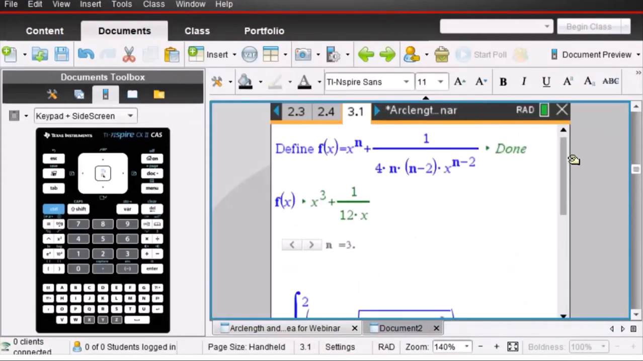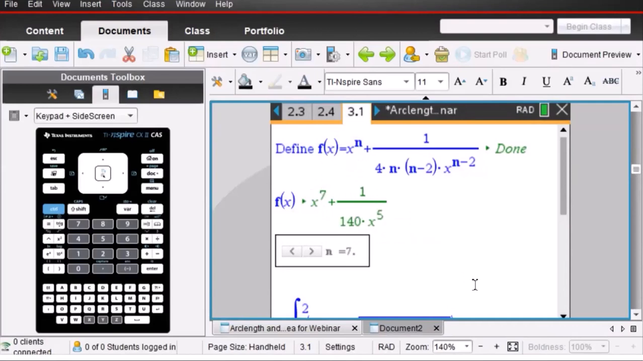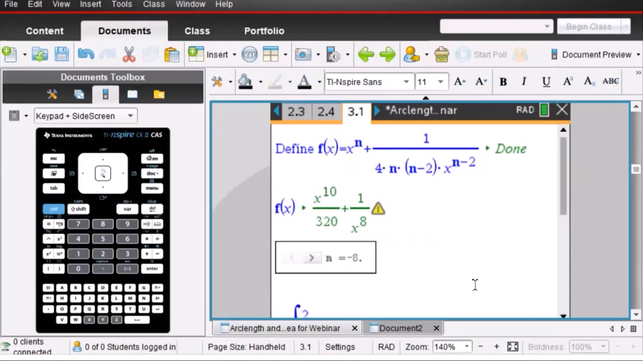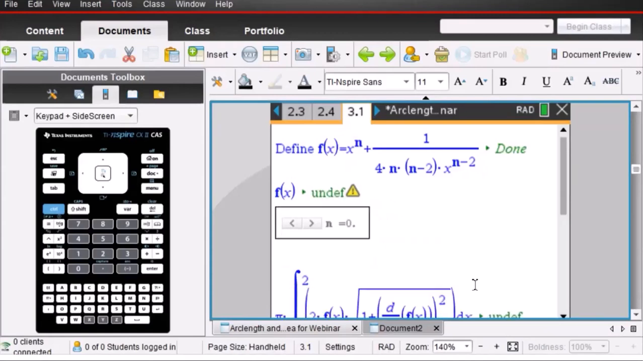So let me show you how we can do this. If I define my function f of x to be x to the power of n plus 1 over 4n times n minus 2 times x to the n minus 2, then we've got one of them when n is equal to 3. And let me just animate that, and we'll see lots and lots of curves for which we can find the definite integral of the arc length